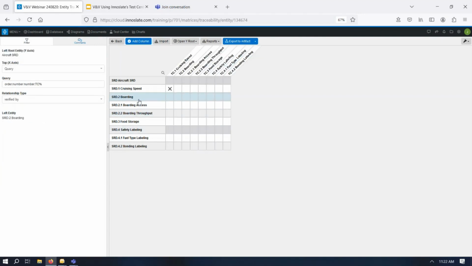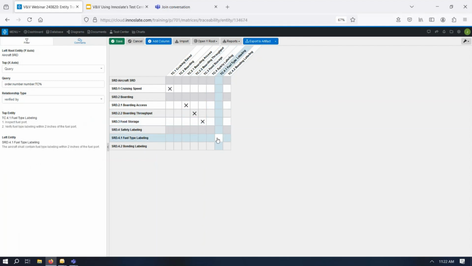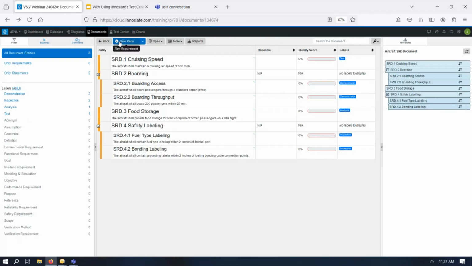Okay, so I know 2 is a heading. I don't need one for that. So I'm going to want boarding access, boarding throughput, food storage, fuel type labeling, bonding labeling. And then I hit save, and it just saved all those relationships. So that's a real quick way to make a lot of relationships if you know what needs to get connected